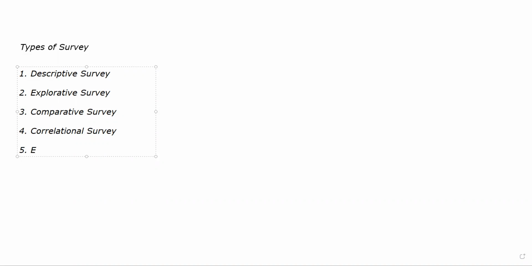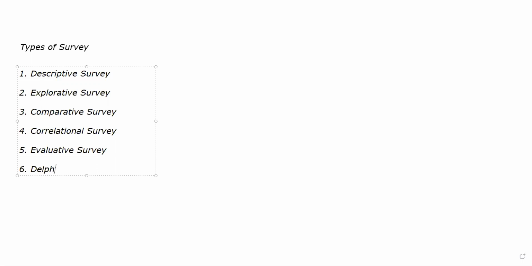Then there is the evaluative survey. Now, this again, as I told you earlier, will help you find out how a normal process is already occurring. If you have implemented a policy, has that policy helped people, or is it working, or is it detrimental? क्या हो रहा है? That is an evaluative survey. Maybe the government came up with a new rule and someone is trying to perform a survey, trying to find out whether that rule which has been implemented is good or not, or it has been appreciated or it has not been received very well, whatever it may be. That will be an evaluative survey.